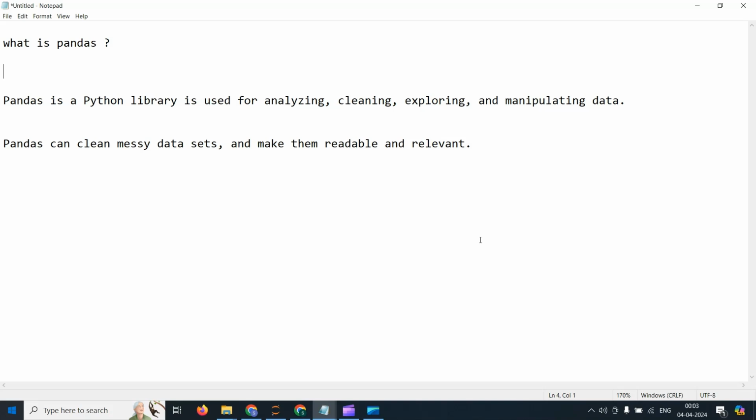The objective of pandas is to clean a messy data set and make it more readable and relevant. So suppose,